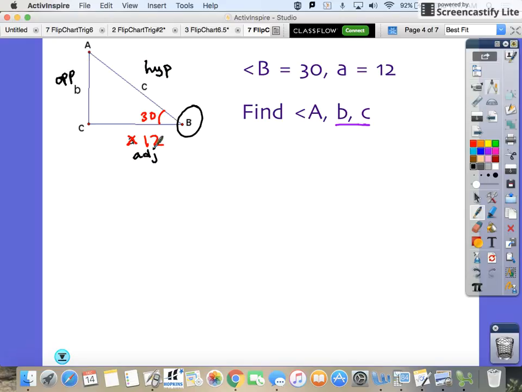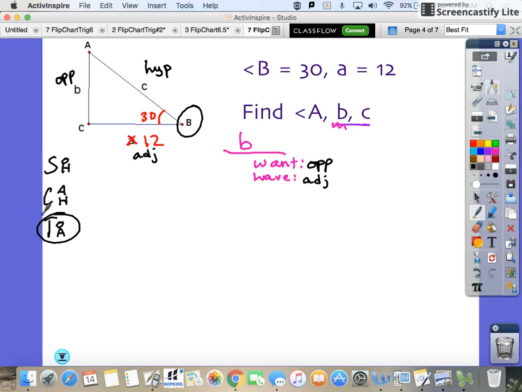And then we need to decide which side we want to look for first. Because I see B first, let's go ahead and do B. So if we're looking for B, we have to ask what we want and what we have. So what we want is side B, which is our op. And then what we have is adjacent. So op and adjacent, SOHCAHTOA. Op and adjacent is this one. So we're going to use tangent